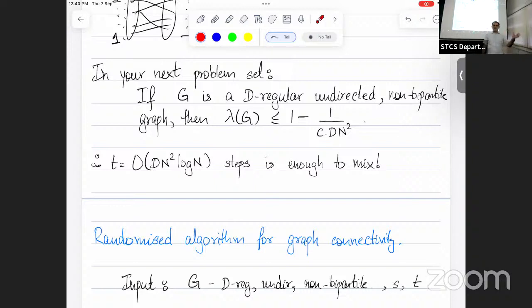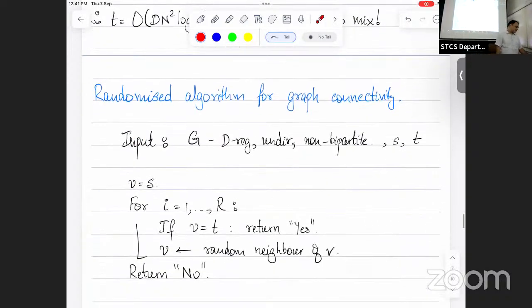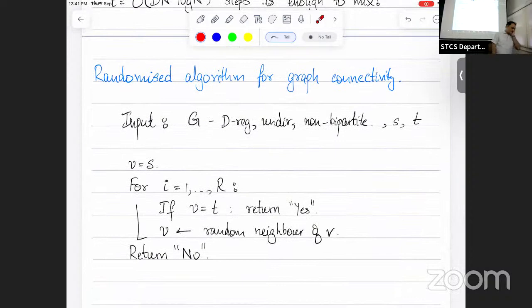Yeah, I don't have a very quick way to see why this is in some sense the right answer. But yeah, okay. Now let's look at this